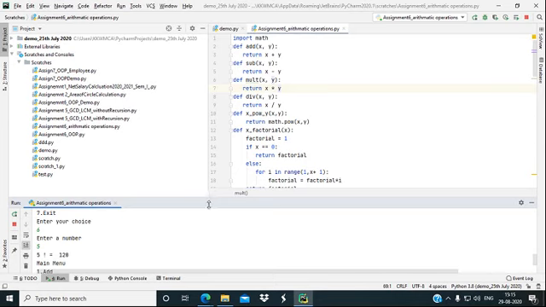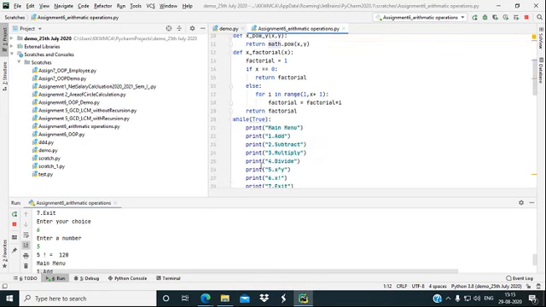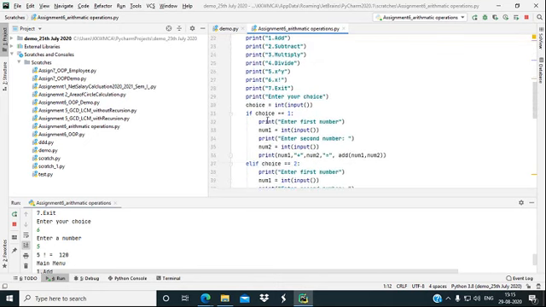Likewise, the program has been written. How that program has been written, I have already explained. As we are using mathematical functions, we have to import the math package here, then define the addition, subtraction, multiplication, division, power and factorial functions, and perform them by using the menu driven program.